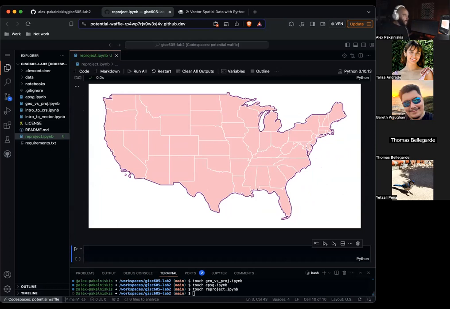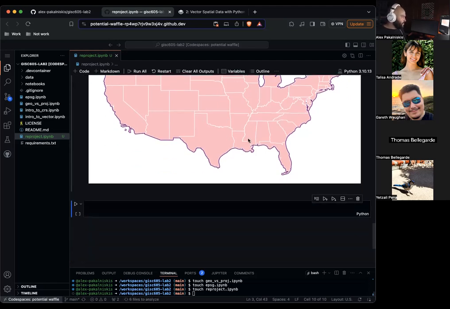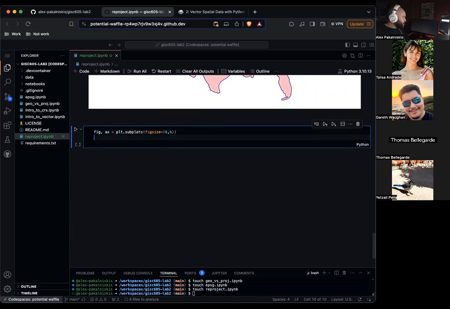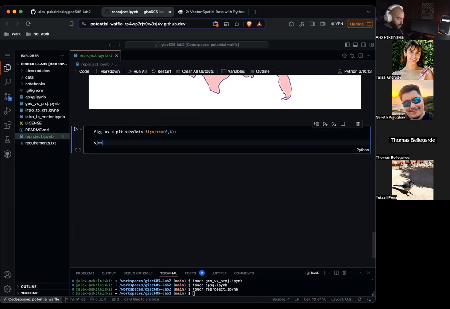So let's add our San Joaquin experimental range site locations to our map. So we'll do fig, ax equals plt dot subplots, figsize equals 6 by 6. SJER AOI dot plot, ax equals ax, color equals indigo.